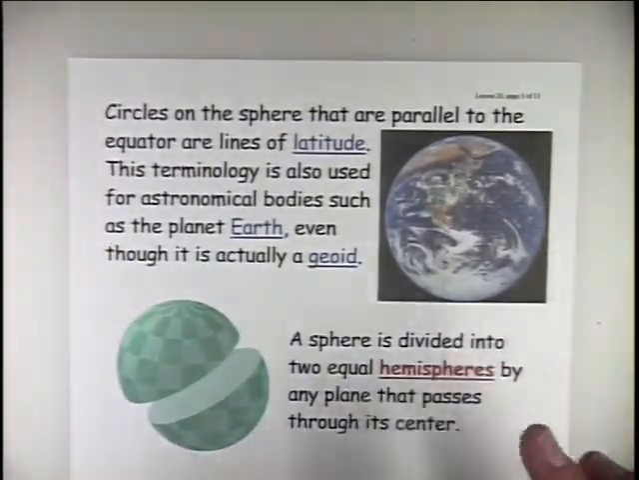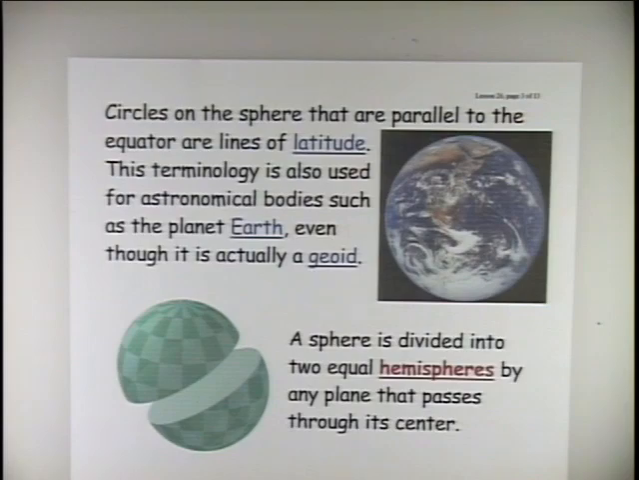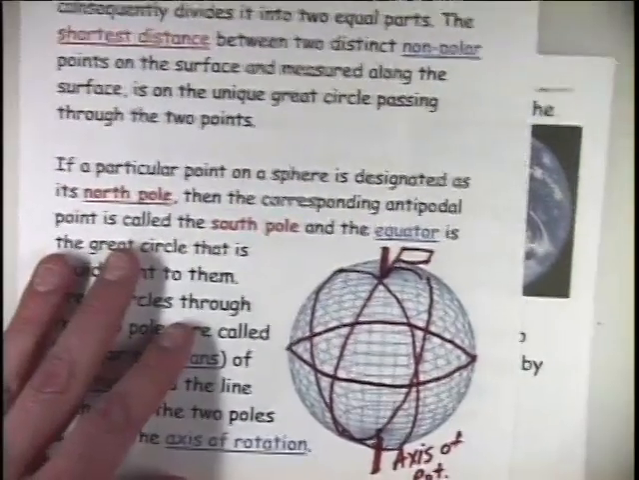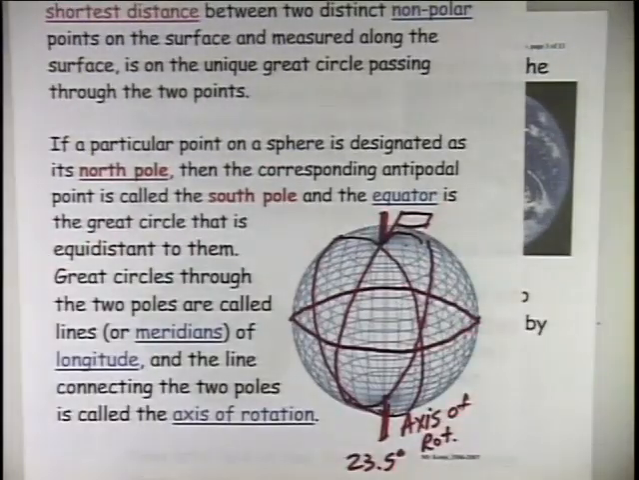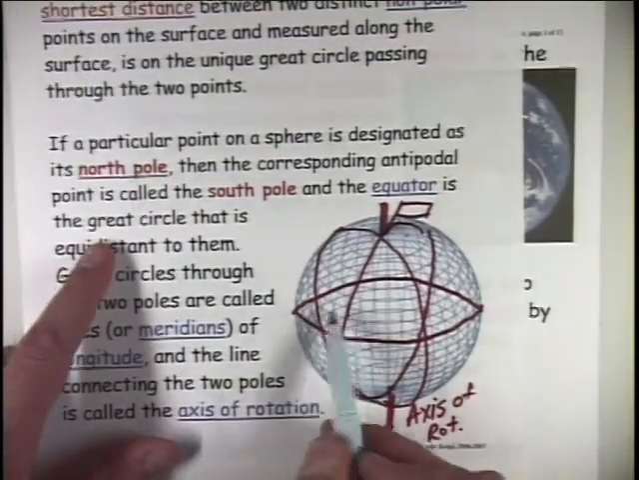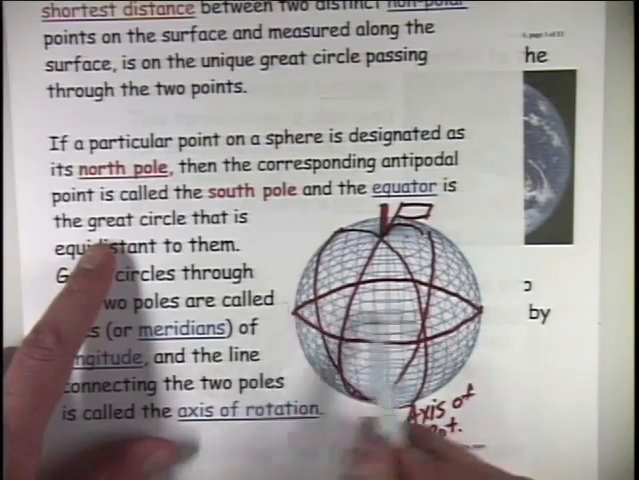Now we could talk about the circles on the sphere that are parallel to the equator. This is kind of like the lines that we get when we slice up a tomato. If you've ever sliced up a tomato, you don't slice it into great circles usually. You might slice it into wedges, but the slices that go on like a hamburger,